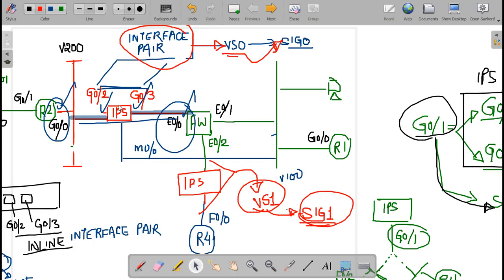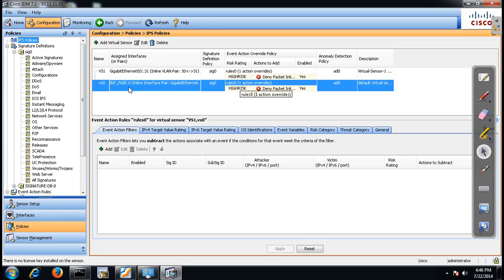This traffic between these interfaces should be checked against virtual sensor 0, should be bound with virtual sensor 0 signature database 0, which is there, right? Packets on the interface pair should go through virtual sensor 0 and be checked against signature database 0,